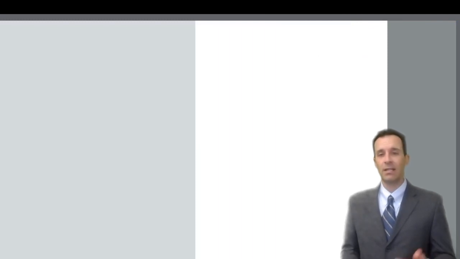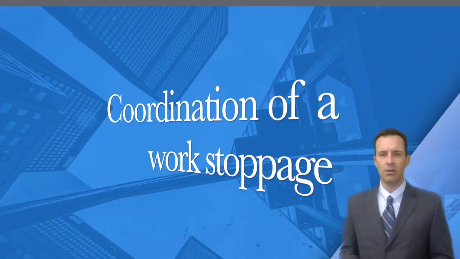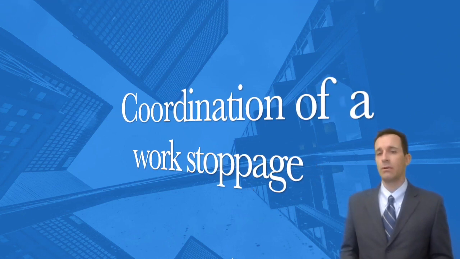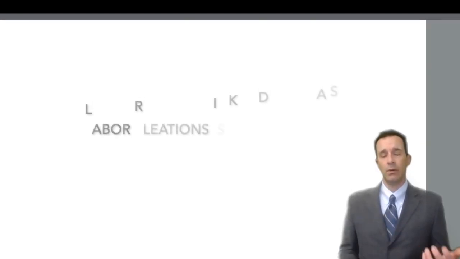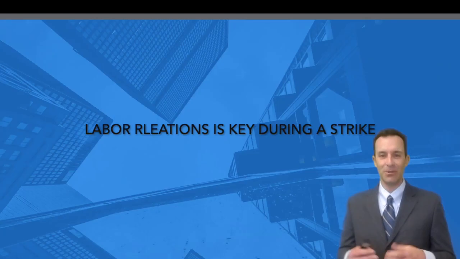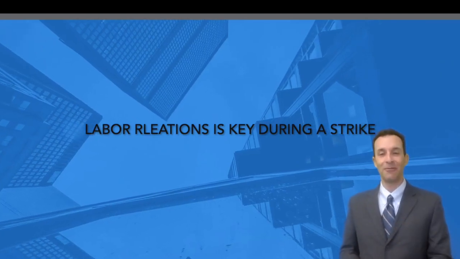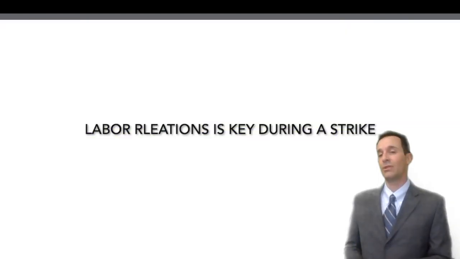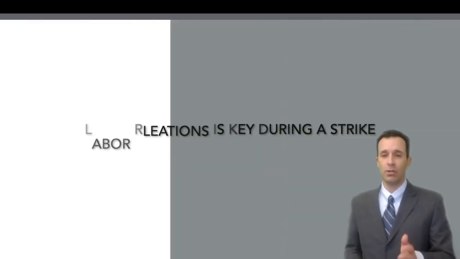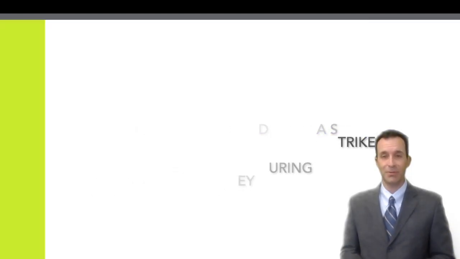And then the last broad category is in regard to coordinating all elements related to a work stoppage, otherwise known as a strike. The Labor Relations Department is one of the key areas to coordinate and corral all of the different cats of the UC enterprise when there is a strike. Thankfully, there aren't too many. We are almost closed with all of the existing contracts as of late 2019. So if you're seeing this now, you should have a couple of years where we're not going to have any strikes, which is good news.